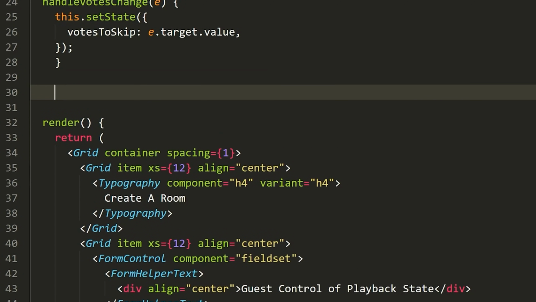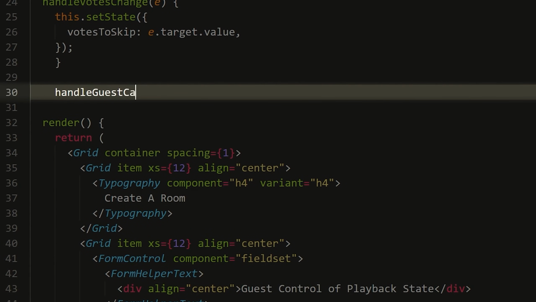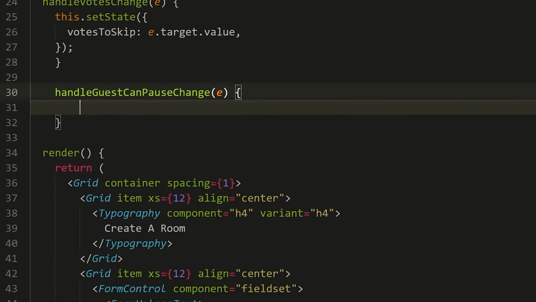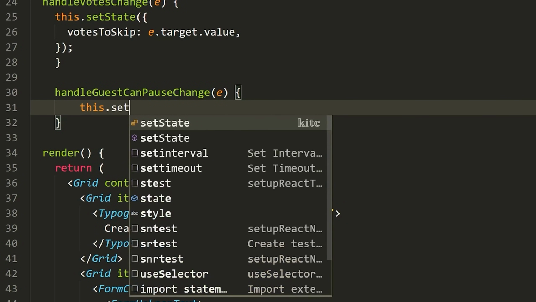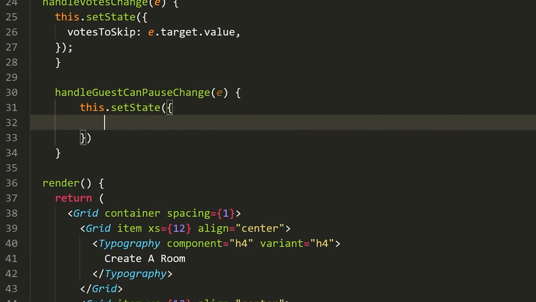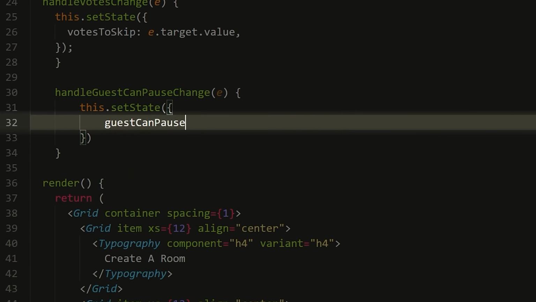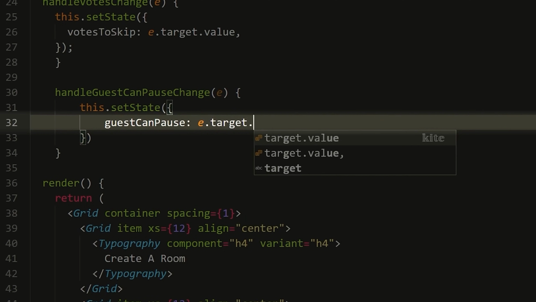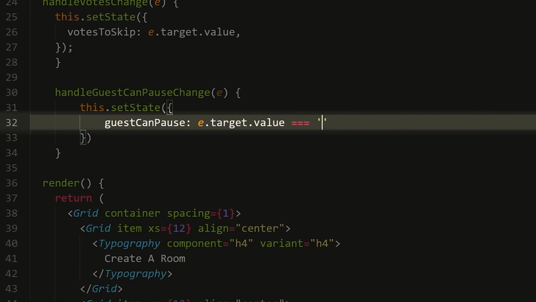Hopefully that makes sense. Now let's have another method, and this one is going to be called handle guest can pause change. So kind of a mouthful, but we're going to do literally the same thing inside of here. We're going to take E, and we're going to say this dot set state, and inside of here we're going to say guest can pause, and this is actually going to be equal to a little bit of a different one than we just wrote. But we're going to say E dot target dot value equals true, because remember the default values are strings,